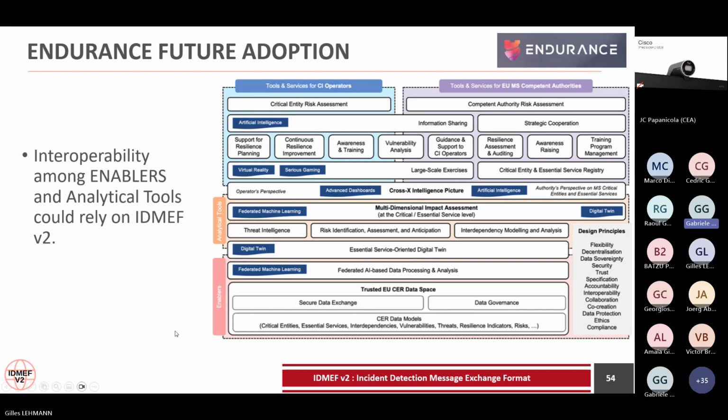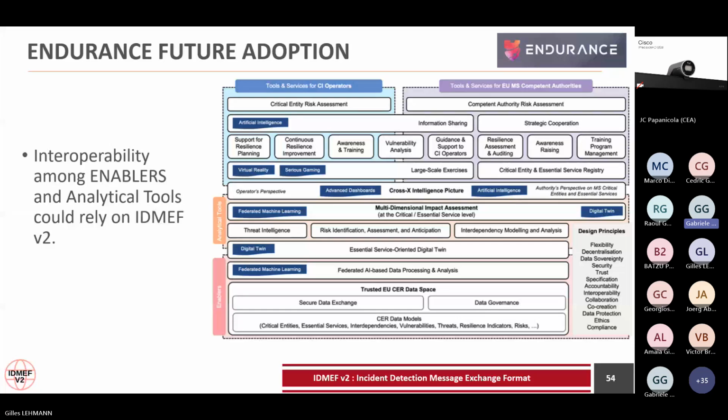Upon that list of enablers, there is a set of analytical tools able to process the data collected and pre-processed by the enablers, providing threat intelligence tools, risk identification, assessment and anticipation tools, and interdependency model